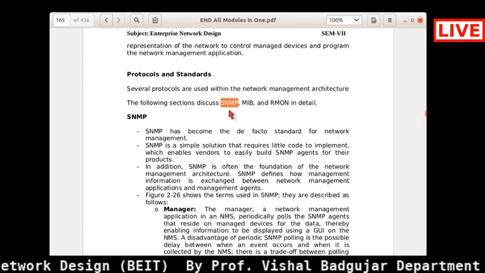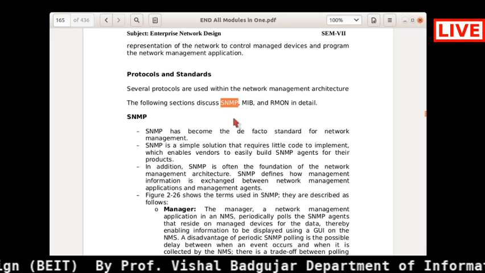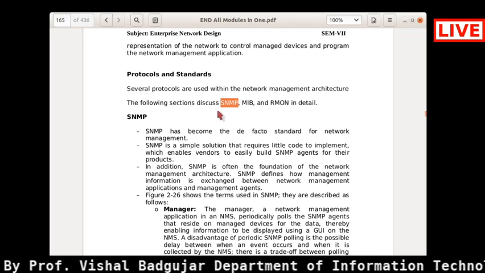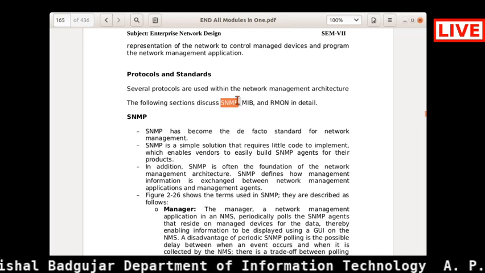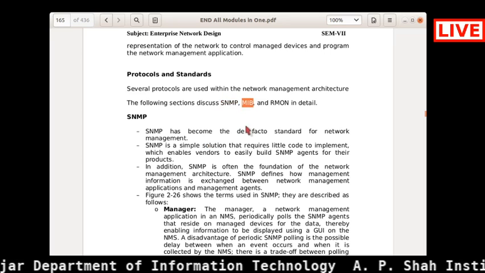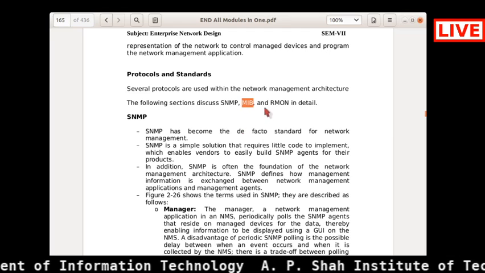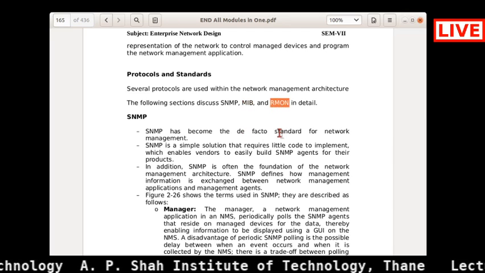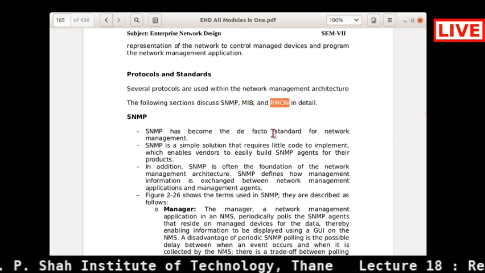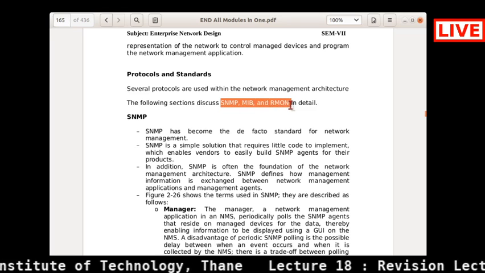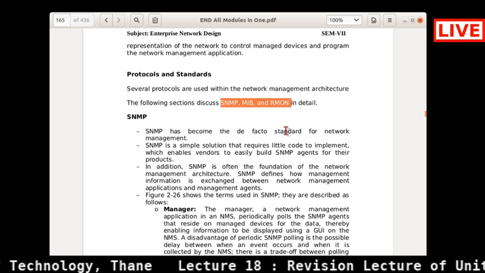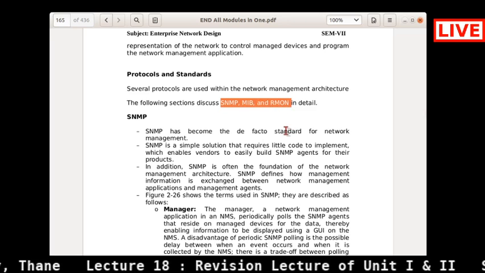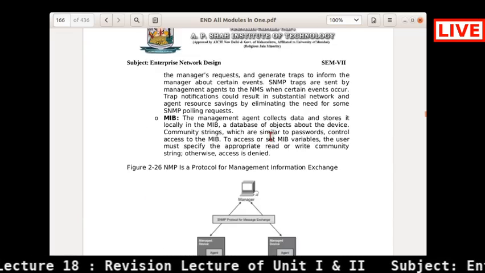So what are the main functionalities of SNMP3, right? That also you must know. What are the components of this particular SNMP? Then what is the difference between MIB1, MIB2 and Cisco's MIB? What is the difference between RMON 1 and RMON 2, right? And which one is the better out of these three network protocols and standards, right? That also you must know. Okay,